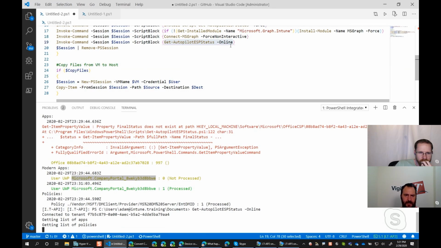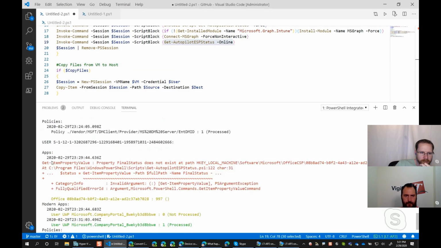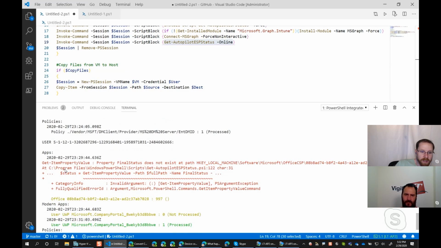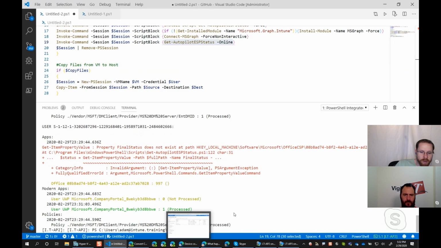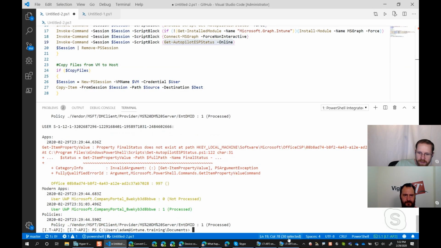And you'll see that it's saying getting list of apps and policies at the top, and that's the computer object. Then we do it down the bottom for the user object. Oh yeah, and so that's worth noting is that we actually deployed Office to all users. Yes. That's cool. So yeah, you get to see which policies are doing which thing. Yep. Okay, so Steve, while this is going, we had done this during the